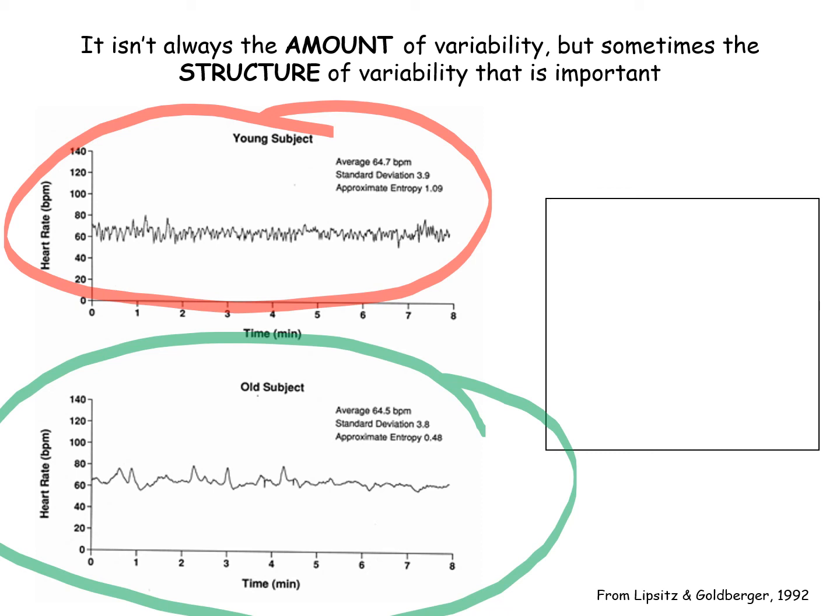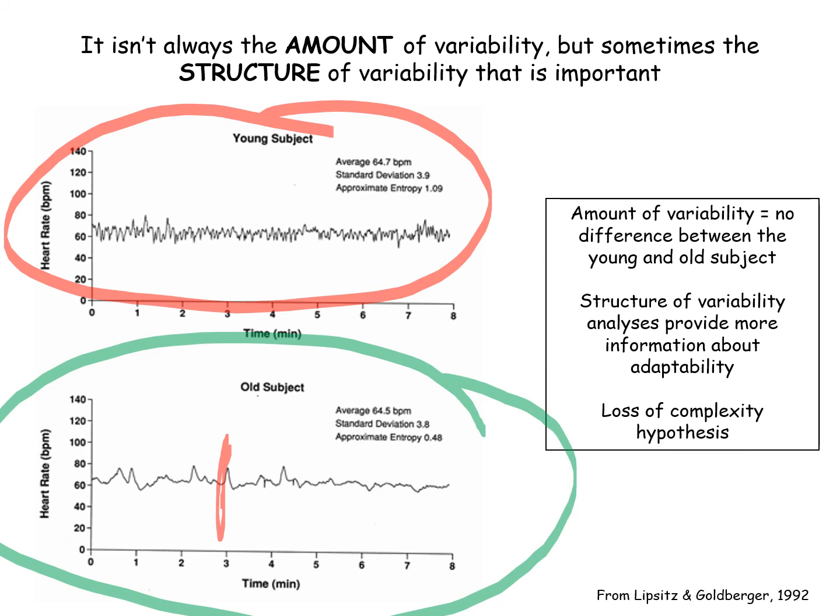If we look at the entropy, however, we see that the entropy of the young subject is double that of the older subject. And we see that in the older subject, it's changing, but it's changing much less, and the magnitude of that change, the up and down, is higher. Versus the younger subject, where the magnitude is a little bit less, but it's crunched together, okay? It's constantly changing. It's much more crunched together, but the magnitude of change isn't as different. So this is where we're looking at the amount of variability versus the structure or quality of that variability.